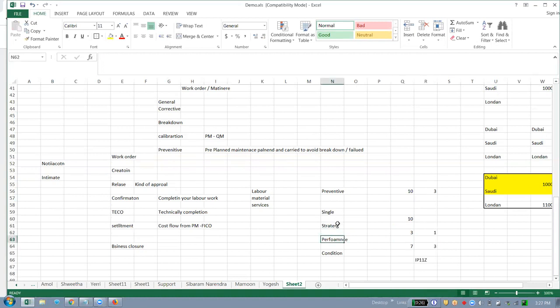Performance based means, if you're having a car, how can you maintain a car in good condition? By doing routine maintenance periodically. How can you do maintenance, 2 months once, 3 months once? If you are doing it 2 months once, in one 2 months you won't use the vehicle much, very less. In another 2 months, you would have used that vehicle like anything. So there is a difference in the maintenance you are doing.